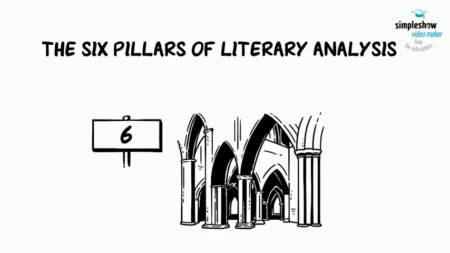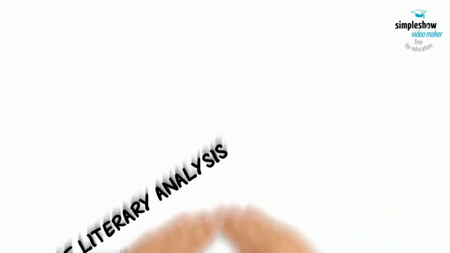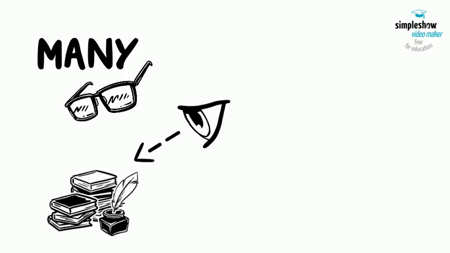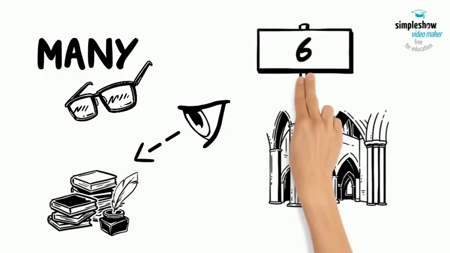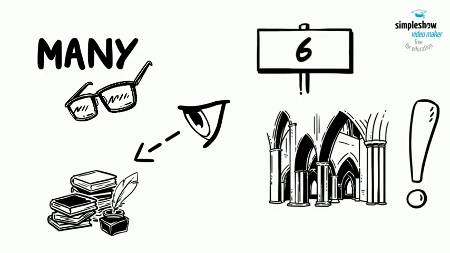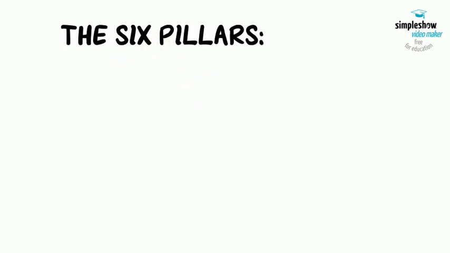The 6 Pillars of Literary Analysis. There are many methods, theories, and lenses with which one can view and study literature, but there are a handful of lenses that close readers use over and over again. The 6 pillars are the most important literary lenses. The 6 pillars of literary analysis are